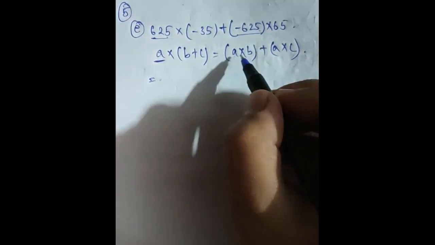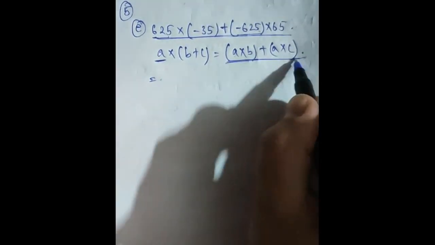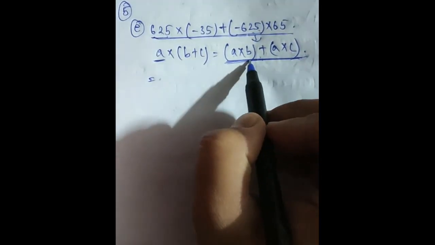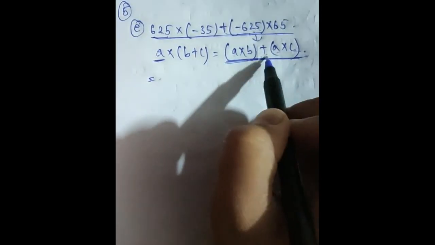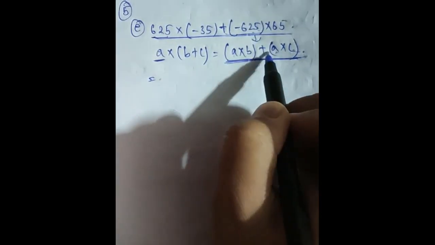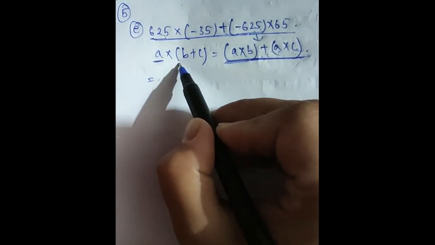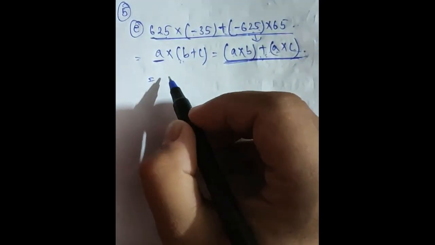So this question is in this form, right? This question is related with this. Just see, a into b plus a into c. This is in this form. We can relate this. So if this is in this form, can we write this question in this form? Yes, of course, why not? So let us take